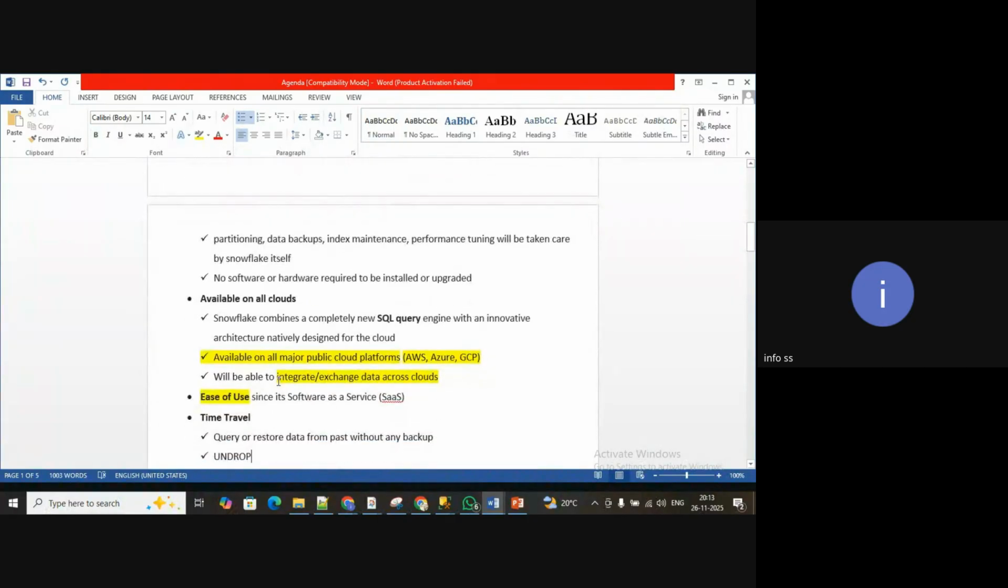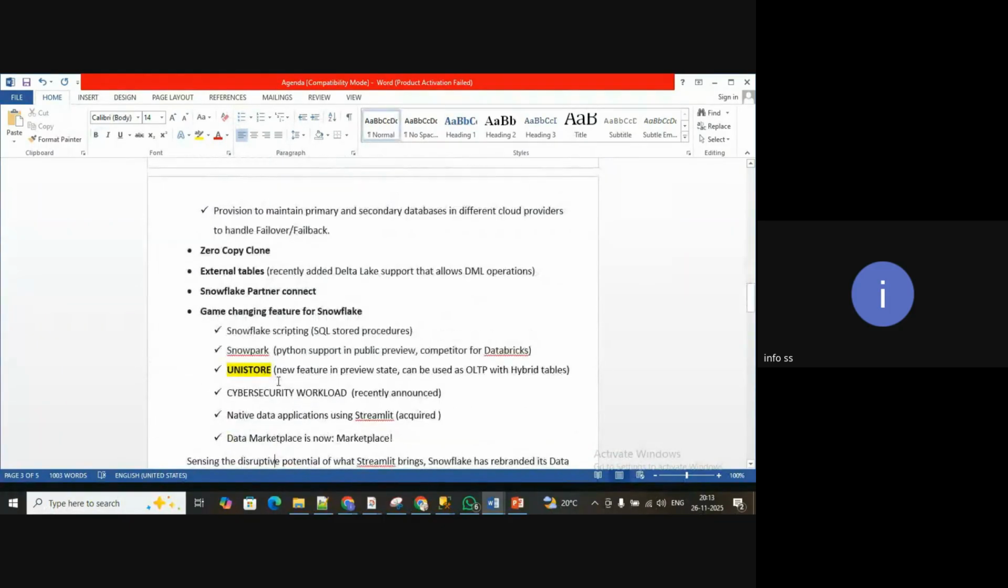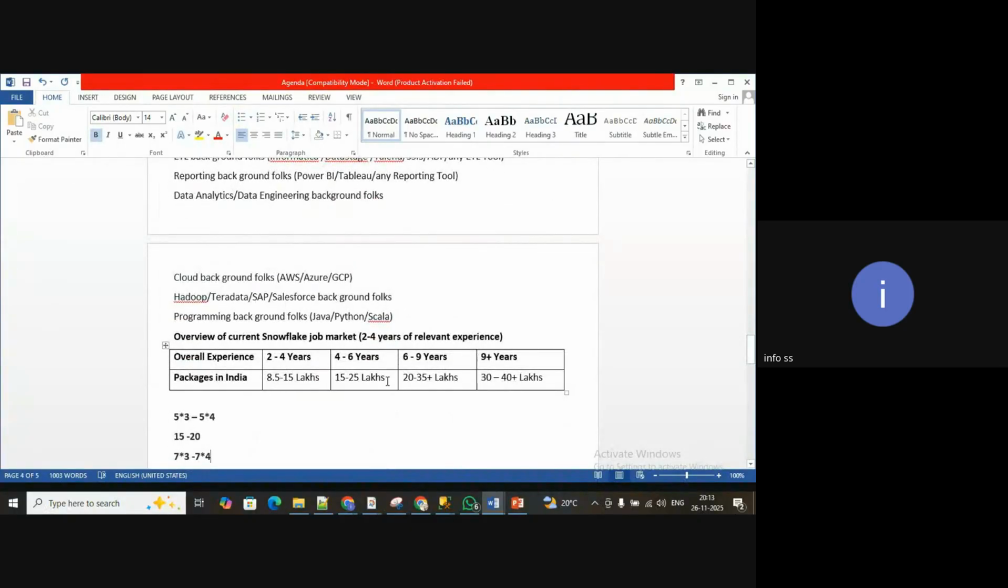Before learning any technology, you should know the scope and future scope, and what the current market trend is. What is the demand for that technology right now, and what will the future scope be? So if you take Snowflake, even now,